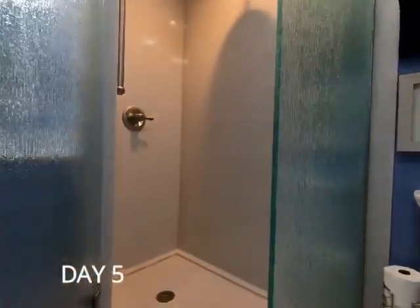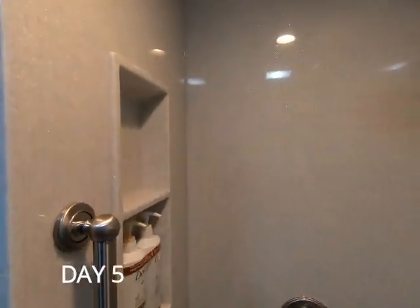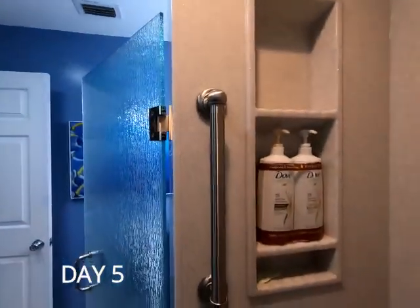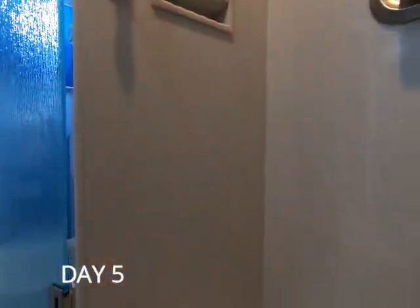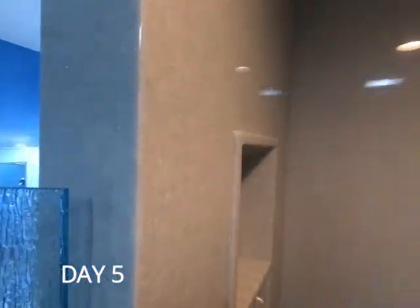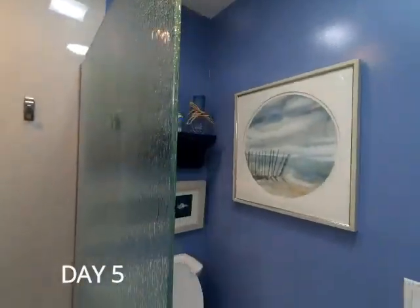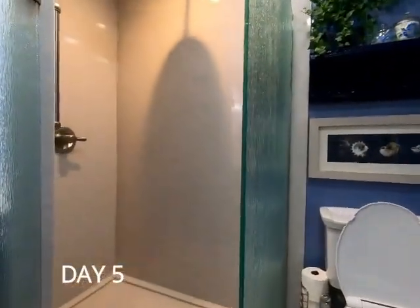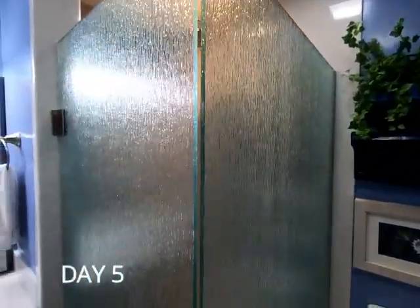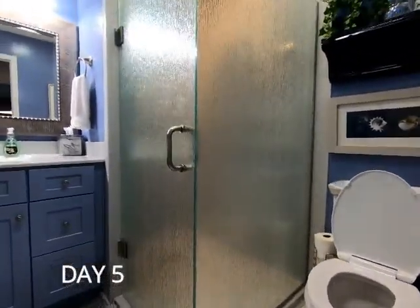Wow, what an improvement. We've got Delta faucets, grab bar, tall recess, onyx, soap and shampoo caddy, custom shower base, Delta 1400 series brushed nickel with the rain shower head. We've got rain glass shower doors, 3/8, swinging glass on a double threshold onyx shower base, corner shower enclosure setup,